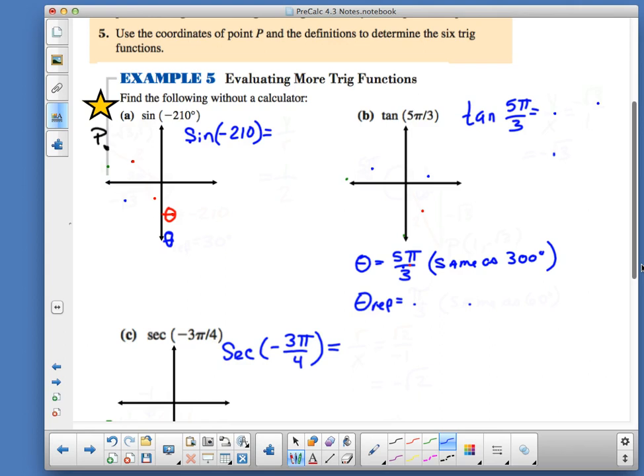So if I look at this, coming from here, find the following without a calculator. So let's see what we can do with this. If I'm coming around here and I take this as 2, okay, and people are like, where did you get 2? I'm just saying it's 2. I don't have a P in there. I'm just putting it out as 2 as my ray. I could have put it as 1 for a ratio, okay? And if I'm looking at negative sine of 210,